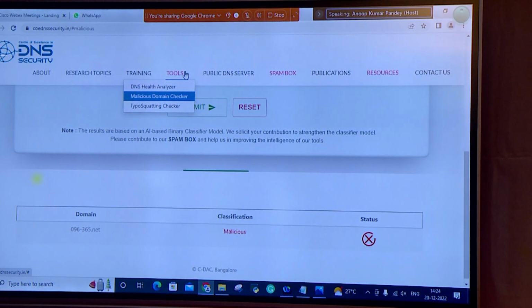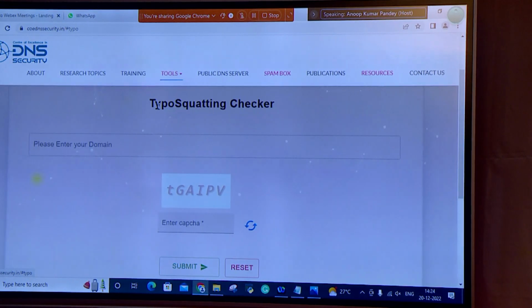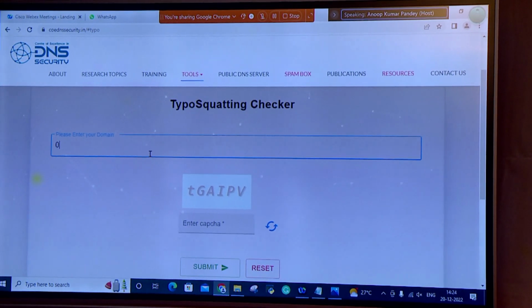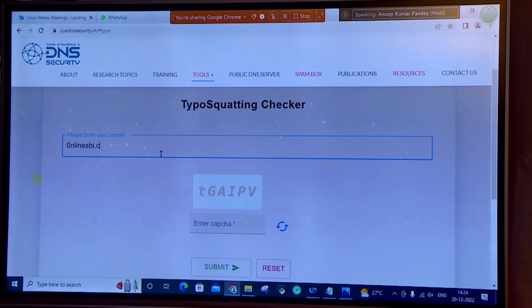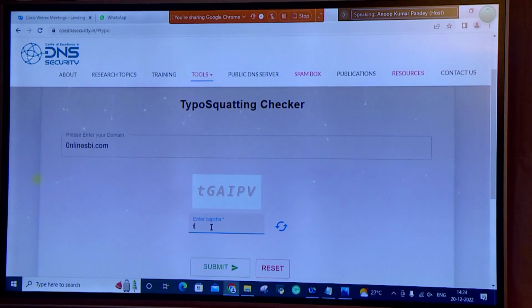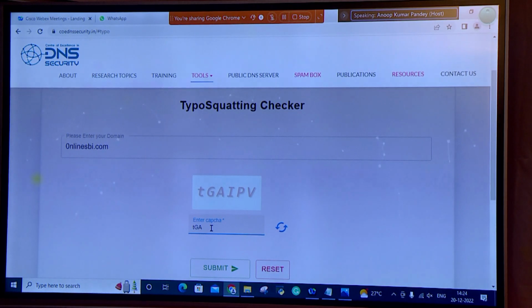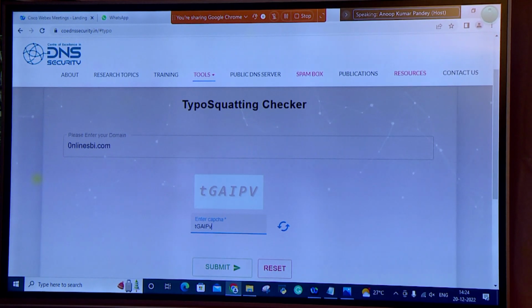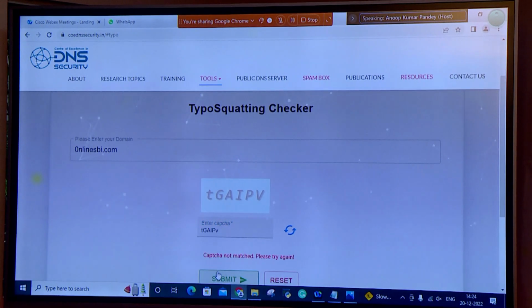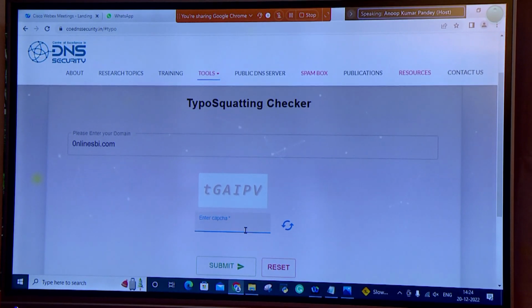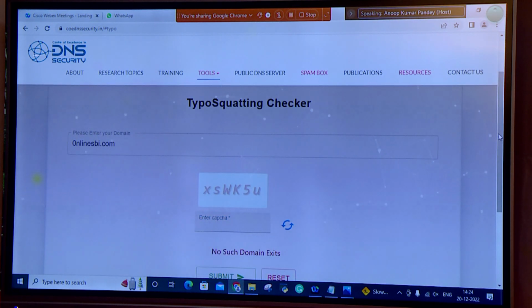And specifically we also developed a typo squatting detection tool. This is a tool to alert you if there is a very famous domain like onlinesbi.com, or a typo squatting of this particular domain happening, that will hint to the administrator. So you have to double check, for example, whether CDAC.in is there instead of CDAC, cbac.in is given. Then there will be an alert saying that this is to be checked and things like that.